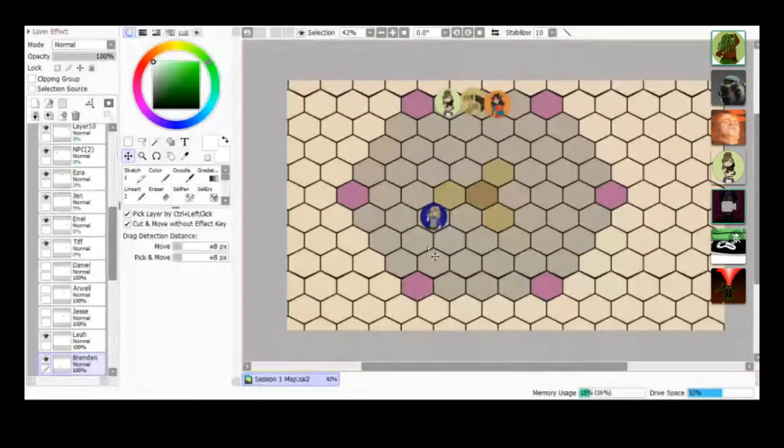Roll me an investigation. Investigation. That is a natural 1. It's got blades, I think. Okay, you walk over to the fan, one of the fans. I think it's red. You kind of look at it. You see,